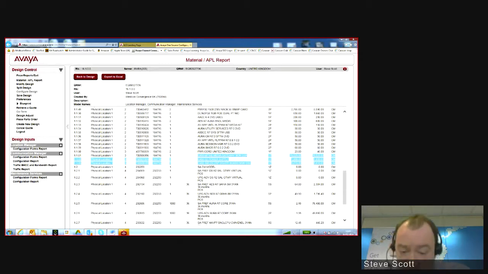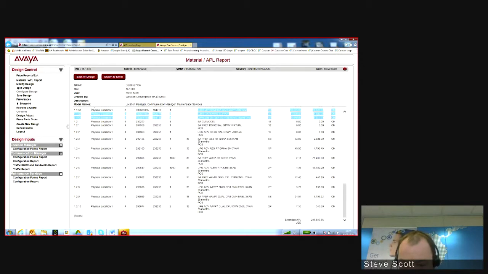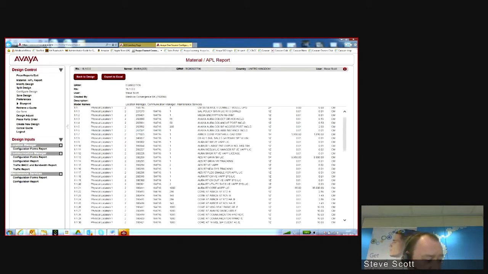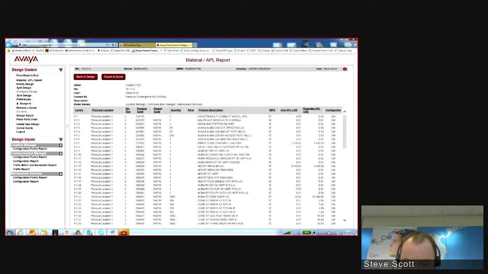And then down the bottom is all the software support elements of this as well. So you can see the chargeable bits start at the 36 months because I've done 3 years on this. There's my 2 servers, there's my single server, there's my 1,000 users, and there's my GRA HA licenses. There is no call center licenses on this, which you might consider to be odd, because then how have you got support going forward on this? What we have done is used the